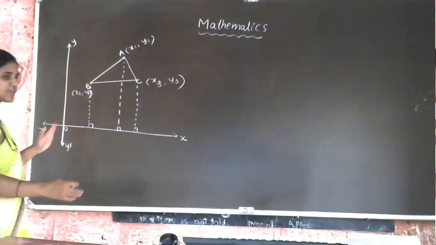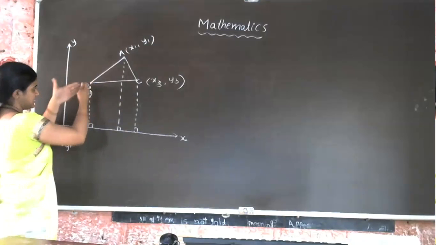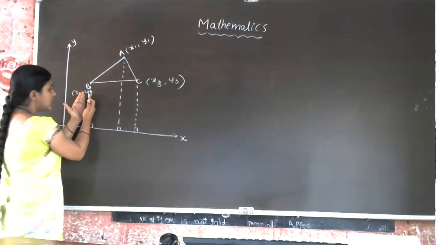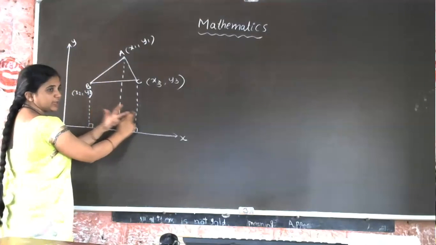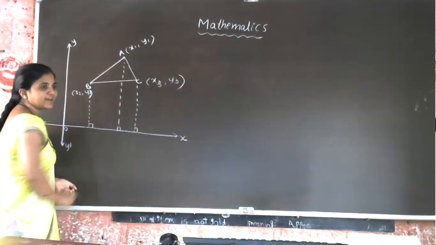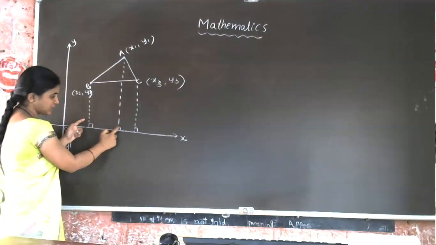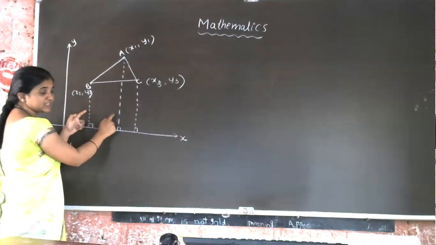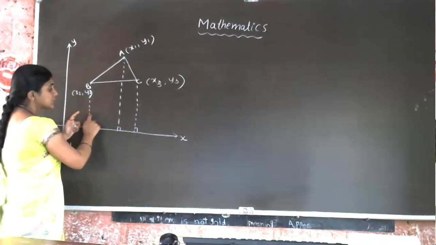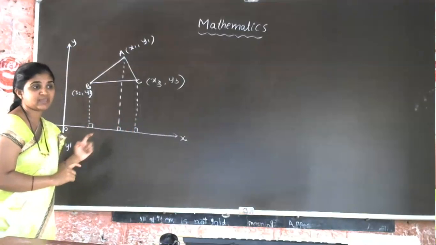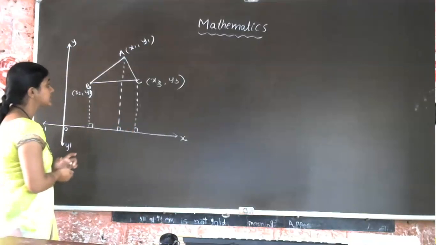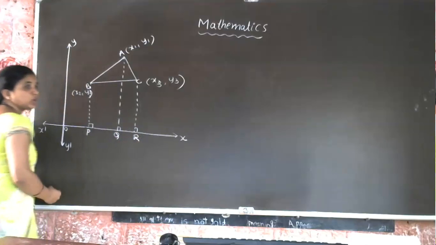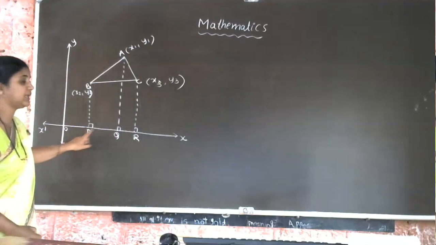So first step is we have to draw perpendiculars from the B point, A point and C point to the x-axis. You just observe this line is perpendicular line, perpendicular line, perpendicular line. These perpendicular lines are always parallel to each other, because 90 degree, 90 degree, corresponding angles are equal. So these three lines are parallel lines. Okay, students, now let us give names for these points P, Q and R.